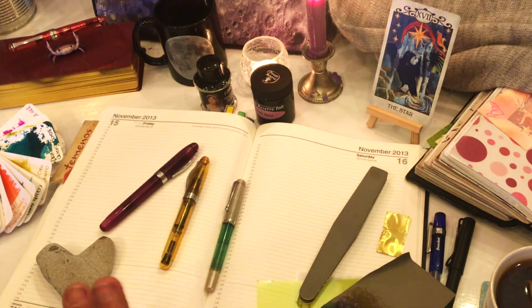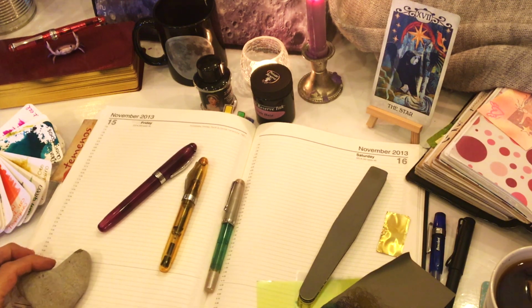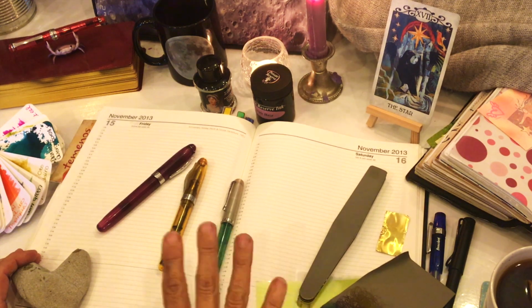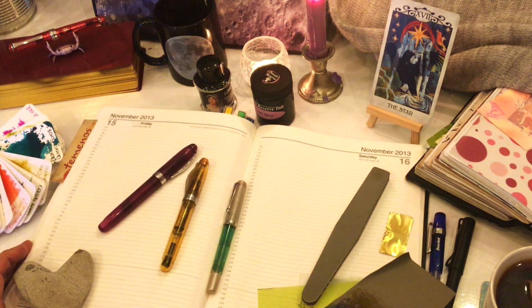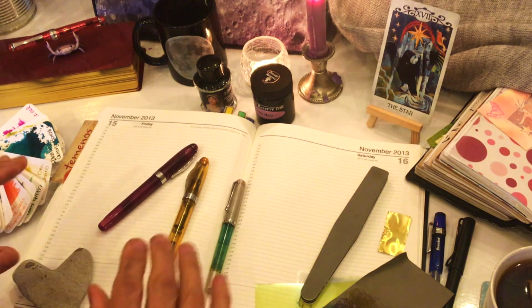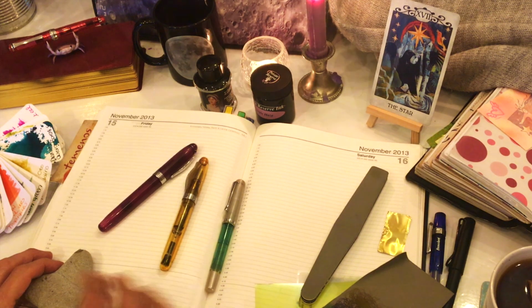I'm jumping in here, no intro to my pen things or not, but fountain pens I've been into for years, and I kind of love writing. When I write stories and poetry and stuff I have to write by hand to start with because it doesn't feel right otherwise. I can't go straight onto the computer. I do use the computer for editing, but anyway, I use these pens and I've got a collection of fountain pens,